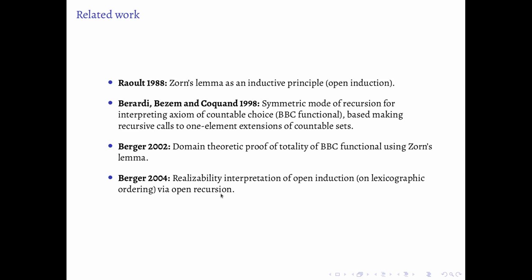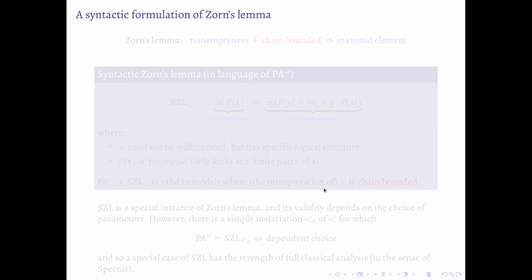And what I'm trying to do here is firstly extend this to the dialectica interpretation. Most of these papers focus on realizability, and I want to look at the subtleties that arise when one considers the dialectica interpretation instead. And also give a slightly more abstract presentation of Zorn's lemma, which comes with a parameter, which when instantiated gives open induction as a special case. Alright, so